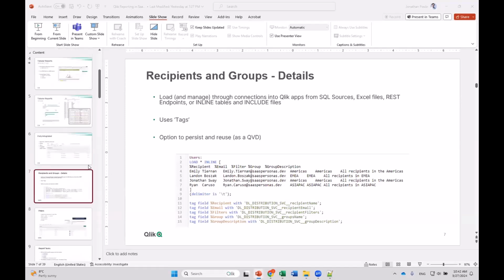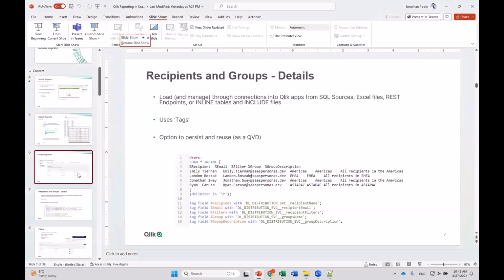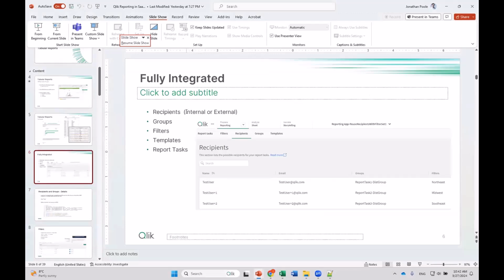So when you're developing recipients for Qlik Cloud, just remember that recipients can be internal or external. So I could put any email address if I wish, but if it happens to be an internal email address, it will understand that if you have section access present, to run it under the correct secure persona. Okay, so section access is supported,